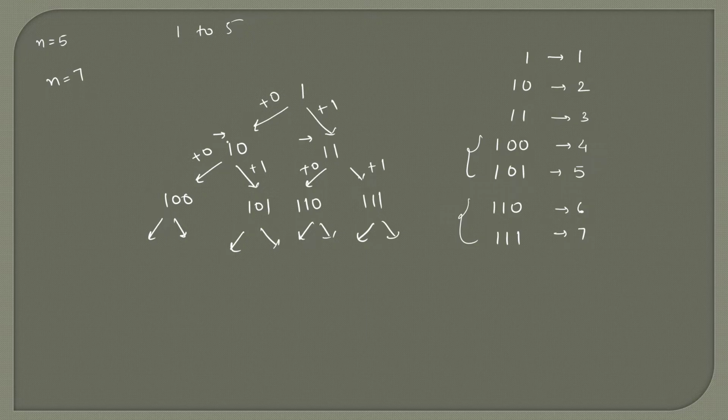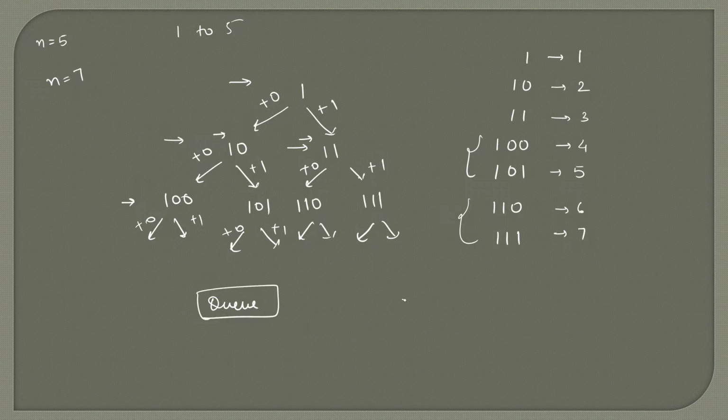So we need to maintain a certain order, like this should come first, then 1, 0 should come, then 1, 1 should come. When we are doing 1, 0 we should append like this, then we pick 1, 1, we append like this, and here also we'll go in this direction only. We take 1, 0, 0, we'll append 0 and 1, we take 1, 0, 1, we'll append 0 and 1 to get the next binary numbers. So this similar kind of structure or sequence can be maintained via a queue.